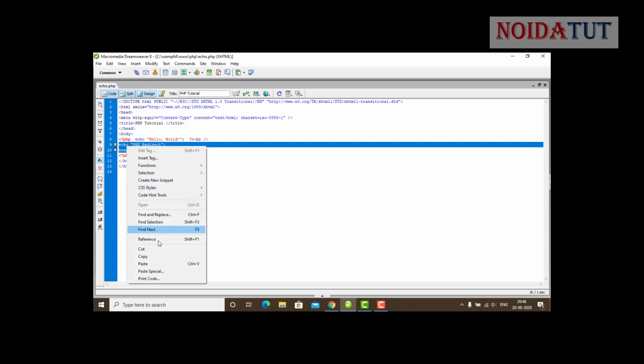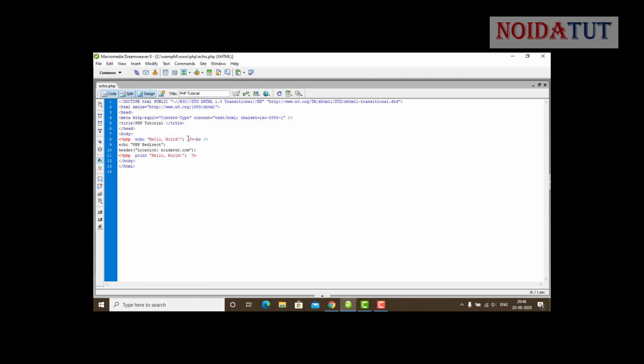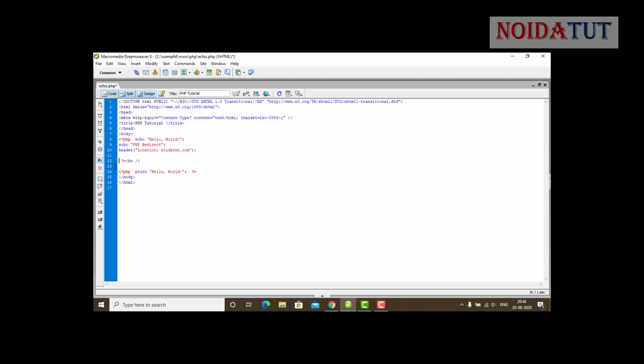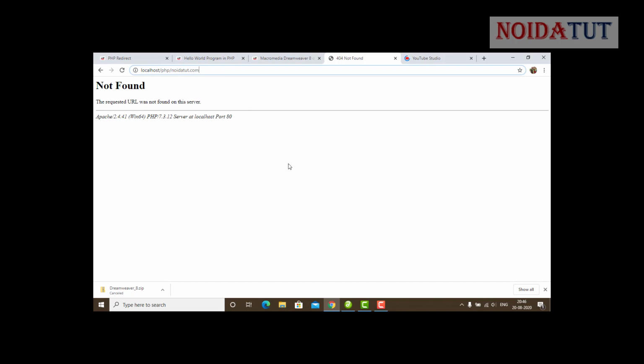These are the PHP codes. So what we have done here is pasted all these things inside the PHP. Removing all these things, now you can see that it displays this, then this. But as per the rule, it should display an error: the requested URL was not found on the server. So this was an error because it was not found on the server.